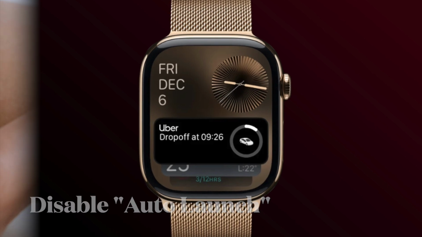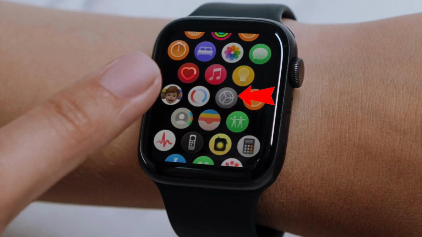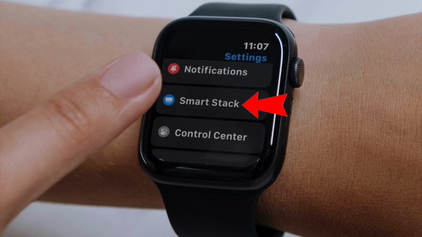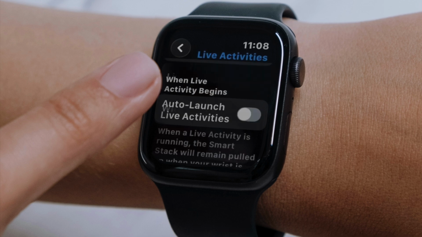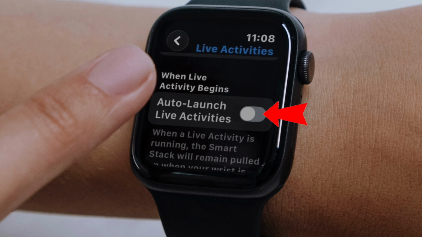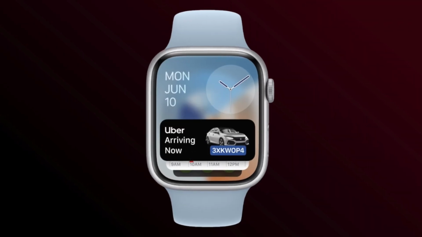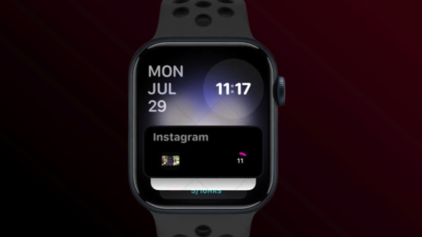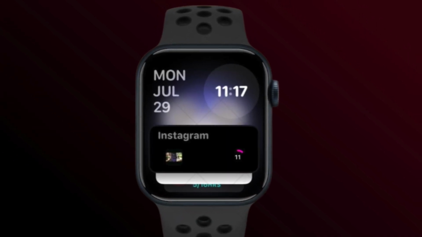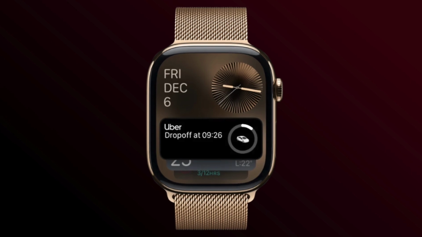So first you have to launch the Settings app on your Apple Watch. After that, you have to scroll down a bit and choose the Smart Stack option. Then select Live Activities. After that, you have to disable the toggle for Auto Launch Live Activities. Once disabled, Live Activities won't automatically replace your watch face. Note that they will still be available in the Smart Stack, and you will just need to scroll up to